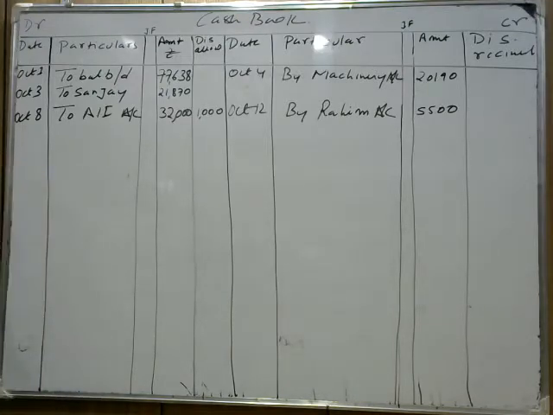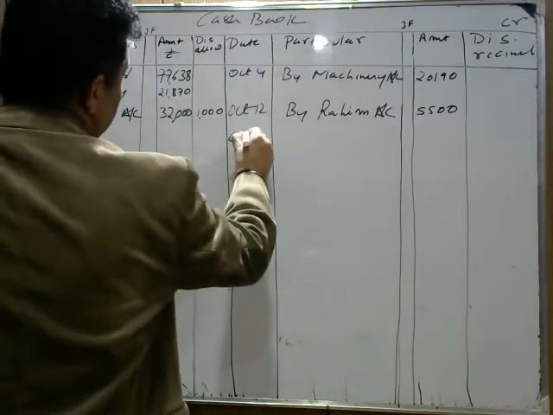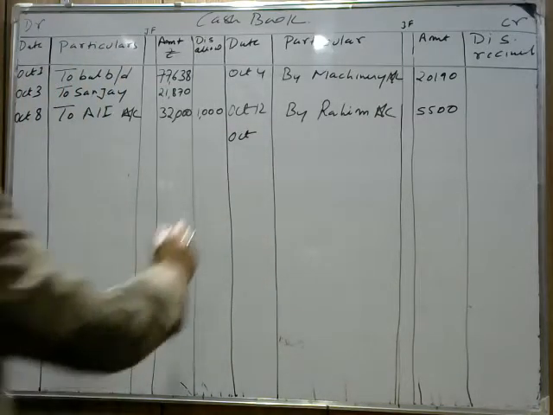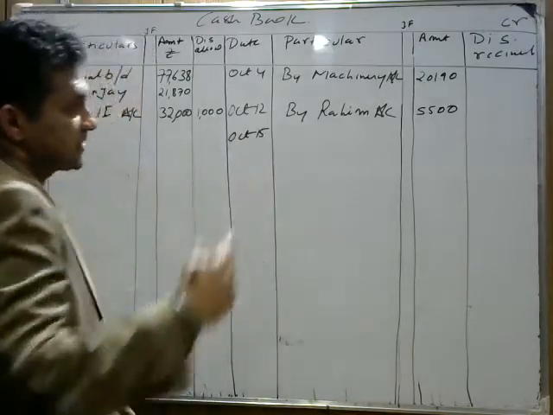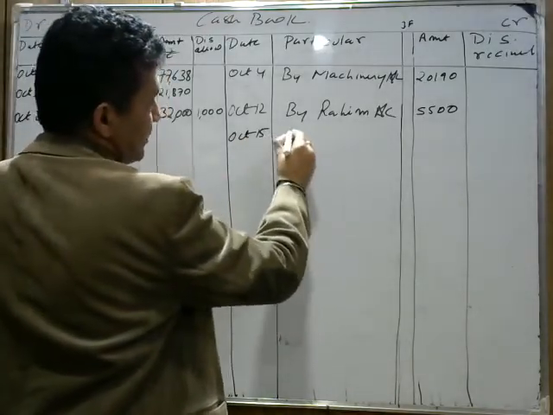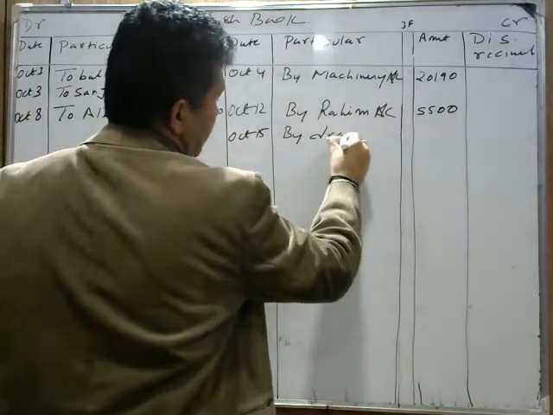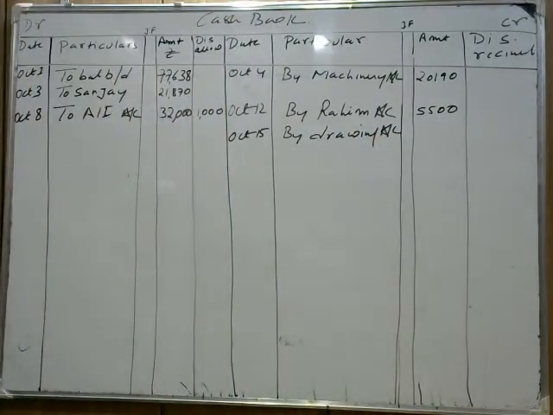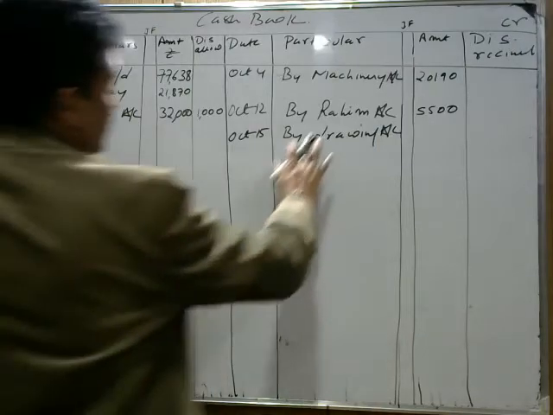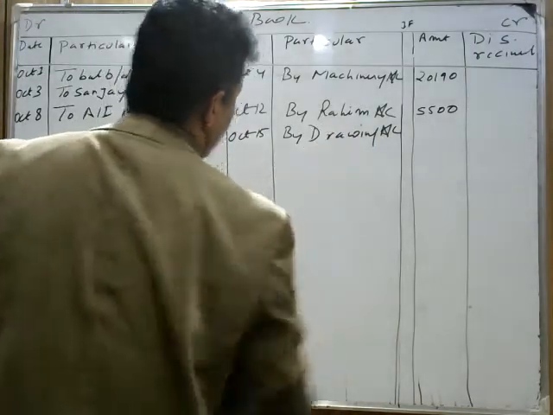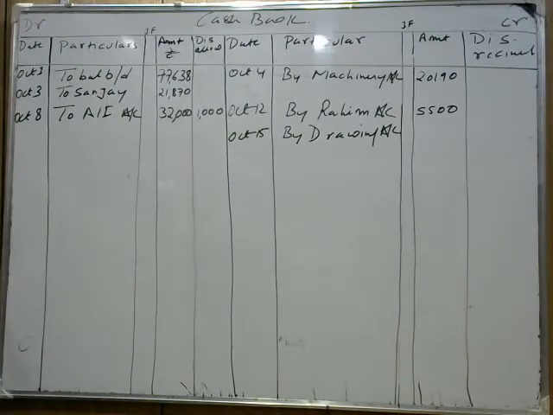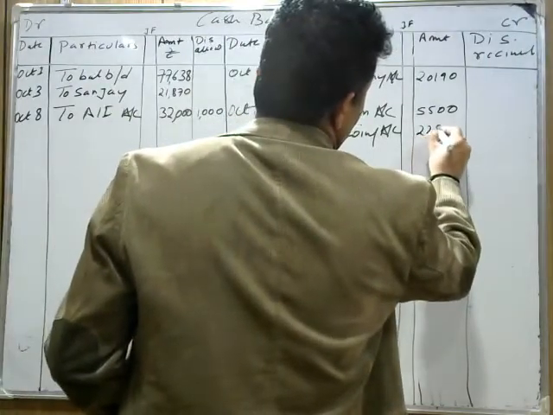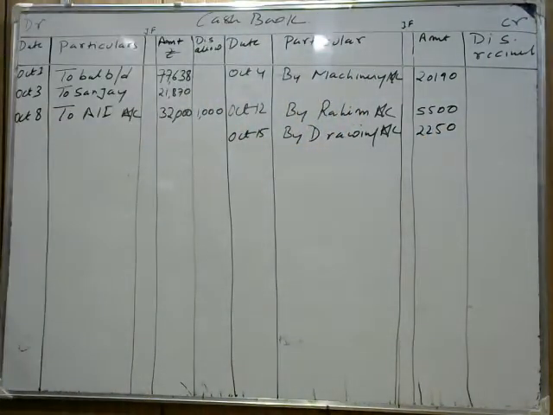Next is paid life insurance premium. It's on October 15. You paid life insurance premium. आपको ध्यान होगा मैंने इसमें स्टार मार्क करा था. So we do not write By life insurance premium. We will write By drawing, because he paid for his personal expense. He paid the life insurance premium of his own. उसने अपना पे किया है. So it's a drawing for him. It's a drawing for the firm. Make the D capital over here. Drawing account. Now how much he paid for the insurance premium for himself is 2,250. So we write 2,250. Next is cash sale.